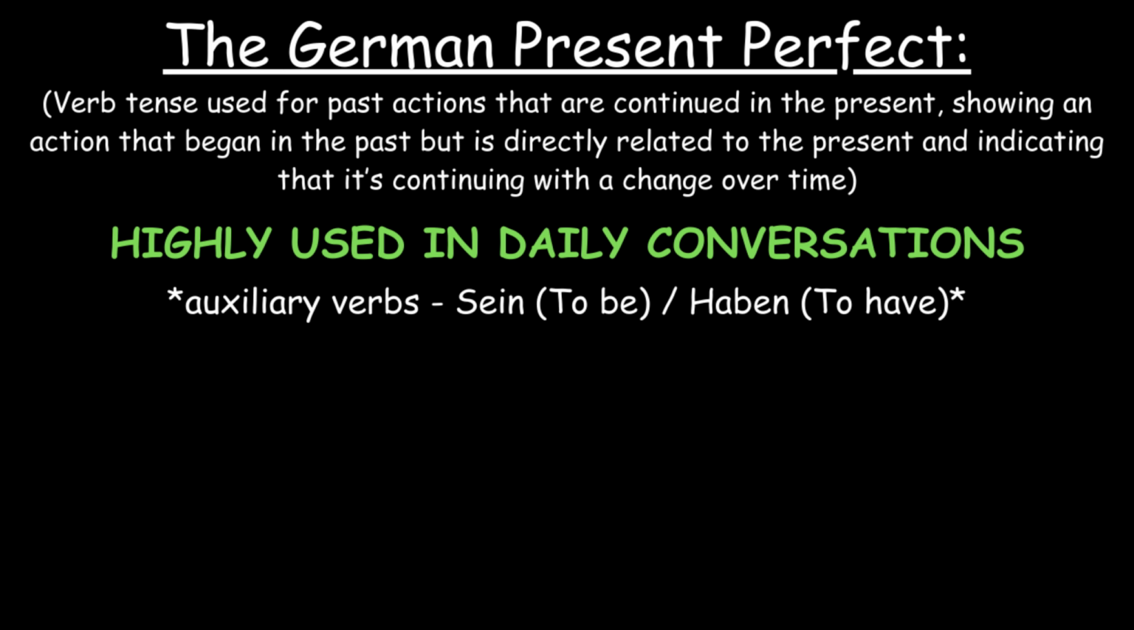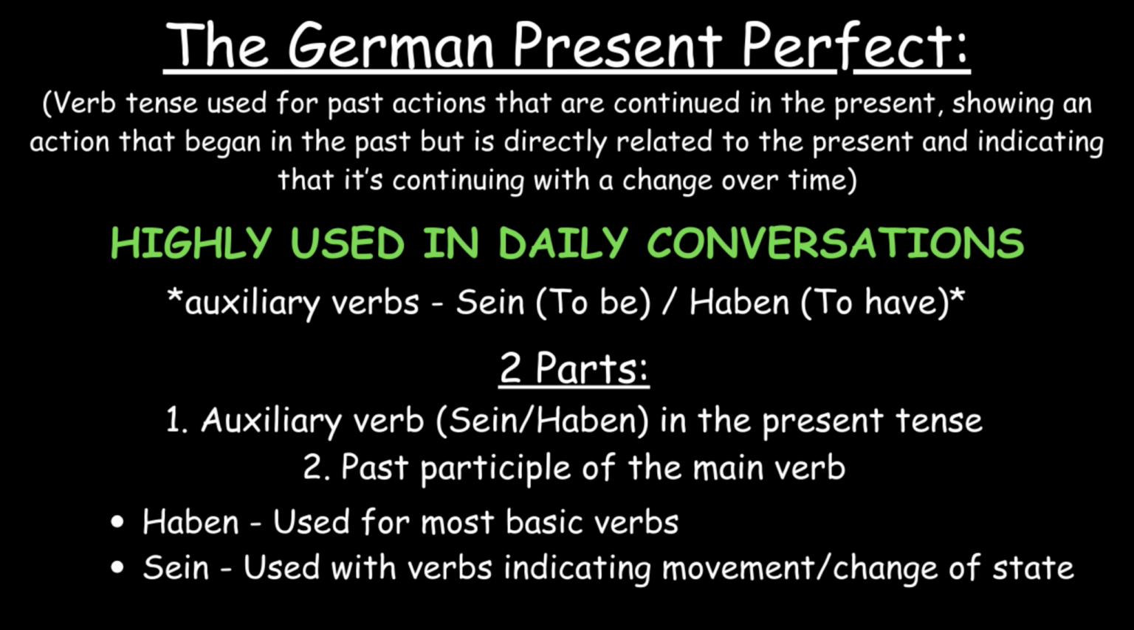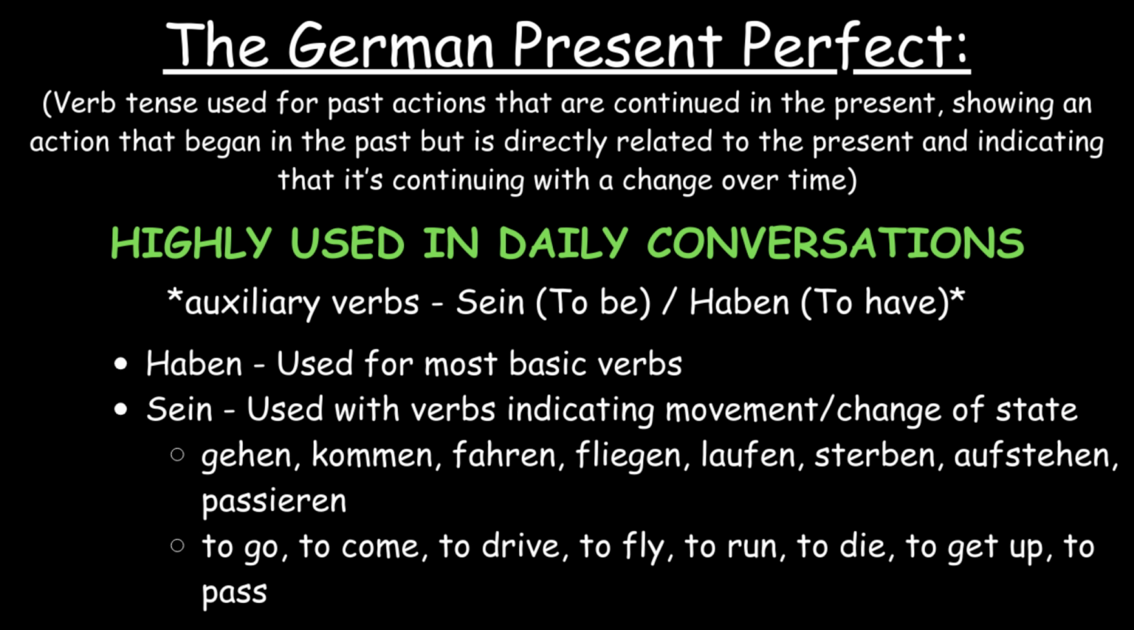Like in English, the German present perfect will consist of two parts: an auxiliary verb, sein or haben, in the present tense, and a past participle of the main verb, which I discussed in the previous video. Now here, it's important to make a distinction, because sein and haben are used for different verbs. Most German verbs use haben because the auxiliary verb acts like a basic addition. However, sein is used with verbs indicating movement or a change of state, like gehen, kommen, fahren, fliegen, laufen, sterben,